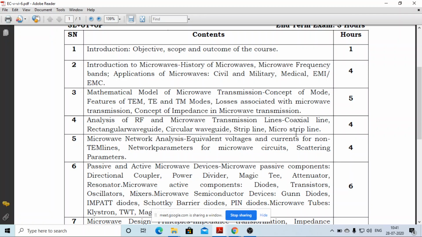But for today's class, we will see why there is a requirement of coaxial line. We will see some disadvantages of simple two line transmission lines, also called phone cable lines. You can consider the coaxial line an improvement over the two conductor phone lines. So let us see the construction and details of the coaxial line.